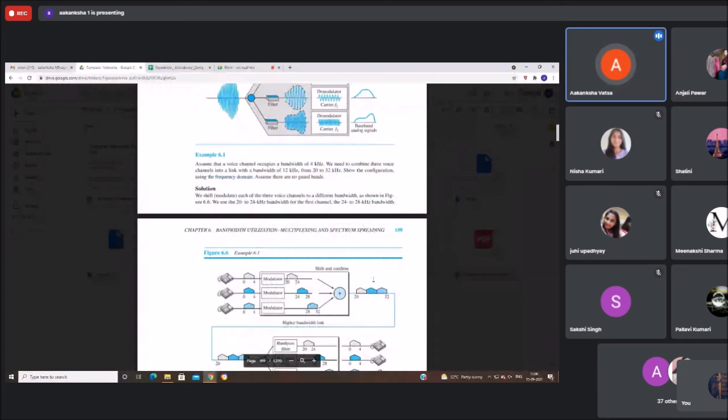हमारी जो bandwidth है, जो actual पूरा link है, हमारा high band का link है, उसकी जो बैंडविड्थ है वो 12 किलोहर्ट्ज की है, और मेरा जो बैंडविड्थ की रेंज है, जो स्पेक्ट्रम है, वो है 20 किलोहर्ट्ज टू 32 किलोहर्ट्ज। तो इसमें मुझे 4 किलोहर्ट्ज के 3 वॉइस चैनल्स को कंबाइन करना है। तो हमें बस बताना है कि फ्रीक्वेंसी डोमेन्स क्या क्या होंगे, और हम ये मान के चल रहे हैं कि तीनों कैरियर फ्रीक्वेंसी में कोई भी गार्ड बैंड नहीं है, इंटर फ्रीक्वेंसी गैप कुछ भी नहीं है, कंटिन्यूस फ्रीक्वेंसी रेंज है।